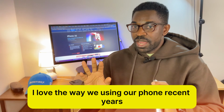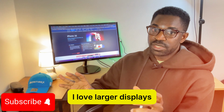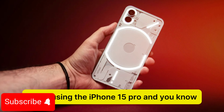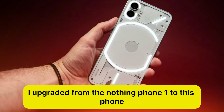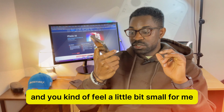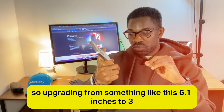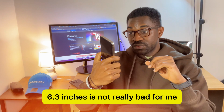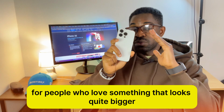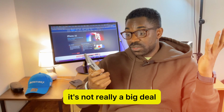Personally, I love the way we're using our phones in recent years. I love larger displays. I'm using the iPhone 15 Pro, and I upgraded from the Nothing Phone 1 to this phone, and it feels a little bit small for me. So upgrading from 6.1 inches to 6.3 inches is not really bad for me. And for people who love something that looks quite bigger, I think 6.9 inches is not really a big